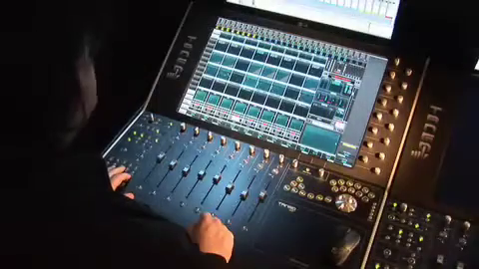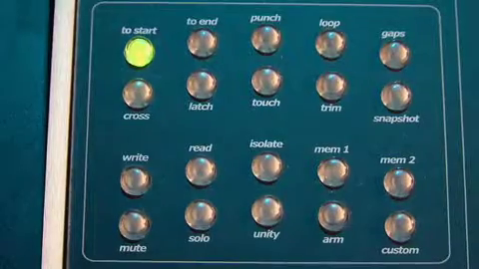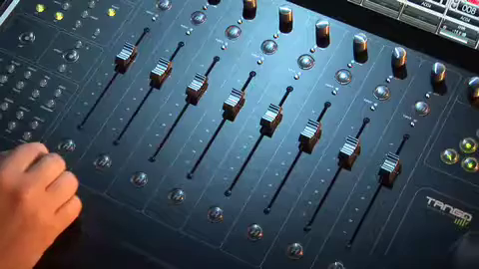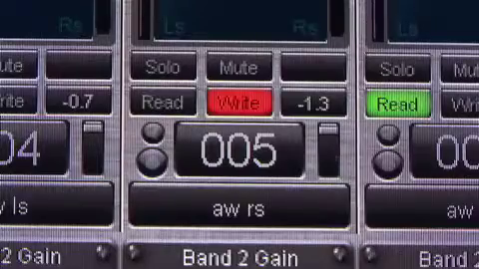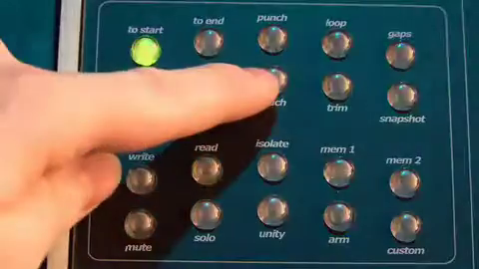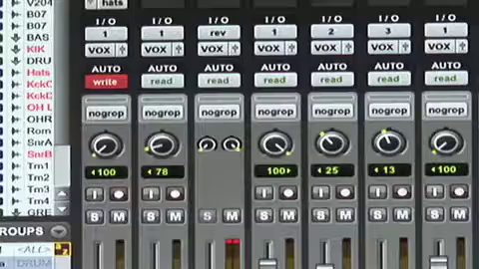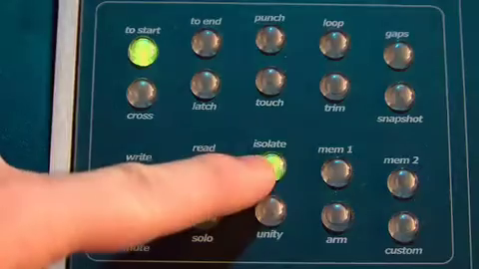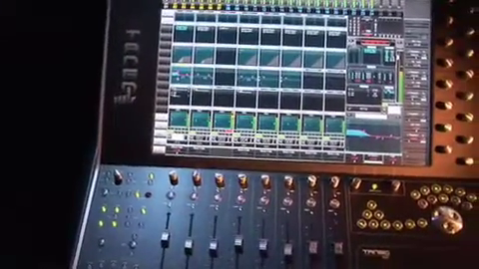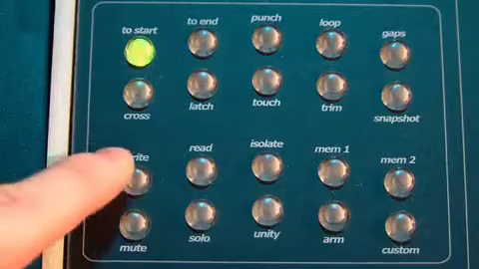On the Expert panel we have the automation controls. To put a channel into Automation Write, just press the Write button and touch the fader. This is the same for Automation Read, Touch, Latch, and Off. If you want to set many channels to Automation Write, just press the Write button and wipe